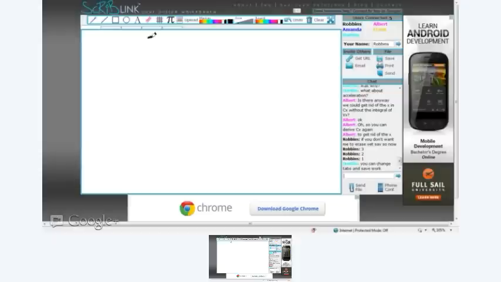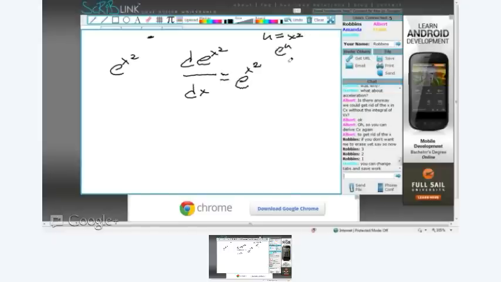So e to the x squared, if we want to take the derivative of that, the derivative of e to the x squared dx. So what do we get? e to the x squared, because that's the derivative of that if you ignore the x. If you just say that u equals x squared, now we've got e to the u. So the derivative of e to the u